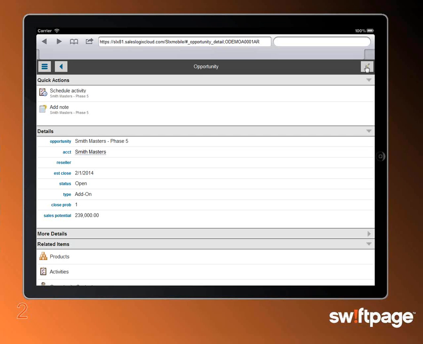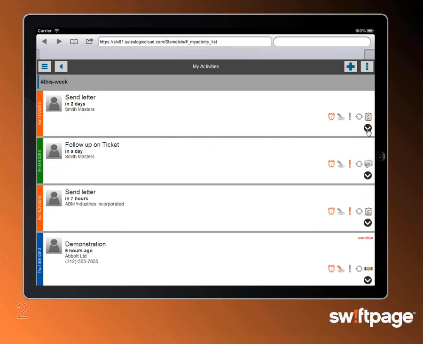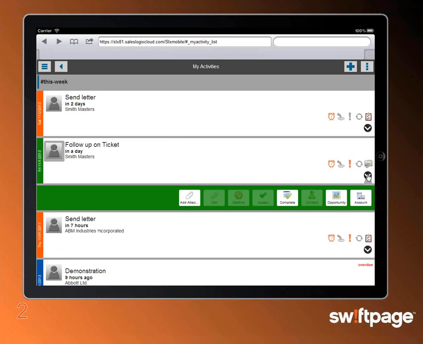Click on the button, the pencil up top, and the keyboard for you guys on your iPad would pop up. I could start to add information to it, whether it be products or anything else that's in there. We also have the breadcrumb feature, so wherever I was before, I can hit the back arrow and jump right back to where I was, and I can continue on with the things that I was doing. So I don't have to go back to my activities and go find the letter that I was looking for. I can go forward and backwards and get right back to where I was. So I get purposely driven, get some tasks and features options done. Each item has different features and functionalities that goes along with it.